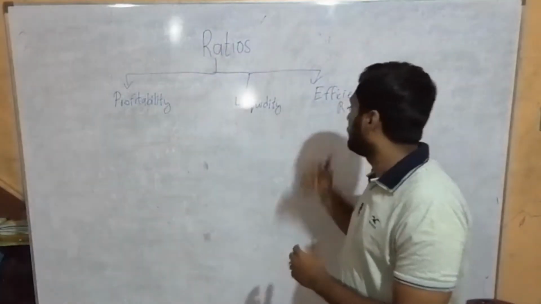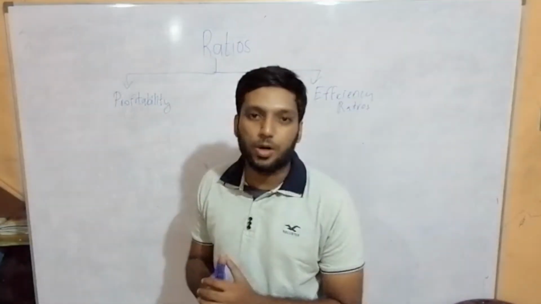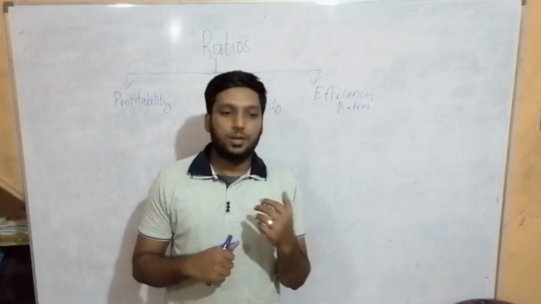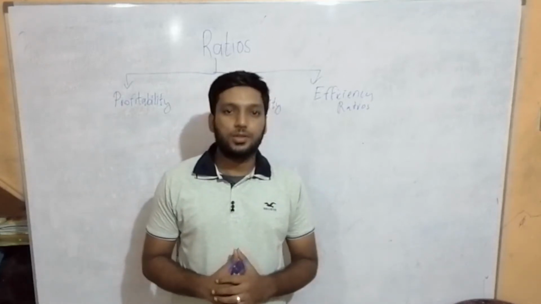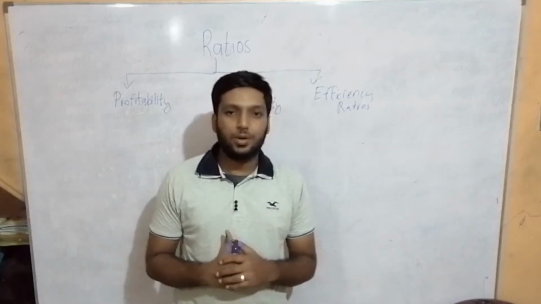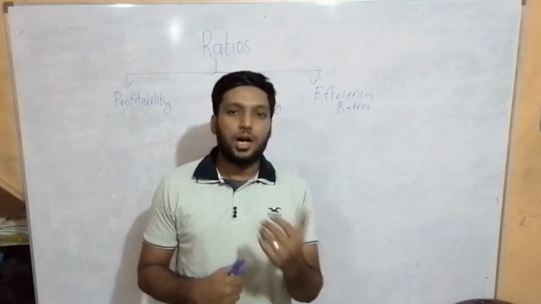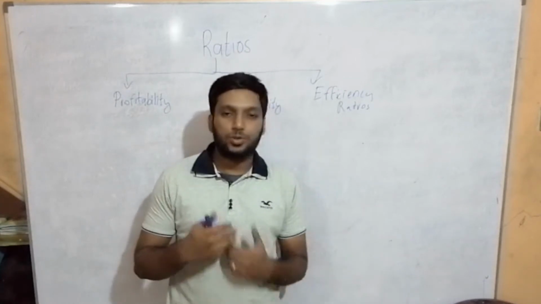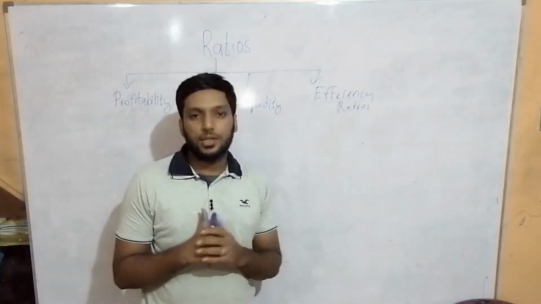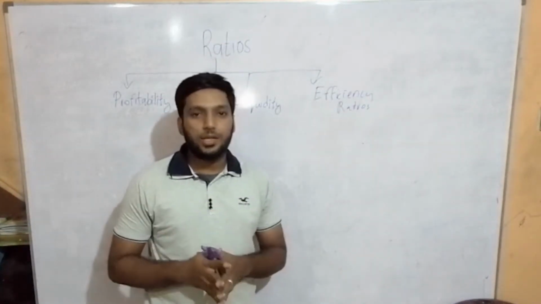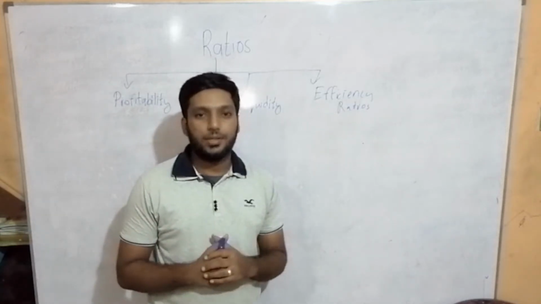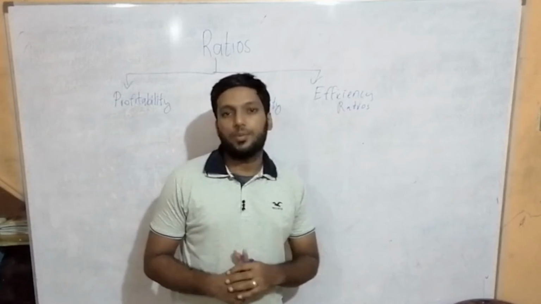And the third ratio is efficiency. Efficiency ratio speaks about how properly you are using the resources, and are you taking the maximum usage of your resources, or are you paying the supplier on time, or are you receiving the sales on time, how fast do your sales move on, how fast do you collect your cash, how fast do you sell your inventories. This will be discussed under efficiency ratios. So efficiency ratio is speaking about how much you are utilizing your assets and how much you are focusing on your liabilities. So let's look at these 3 profitability ratios now.